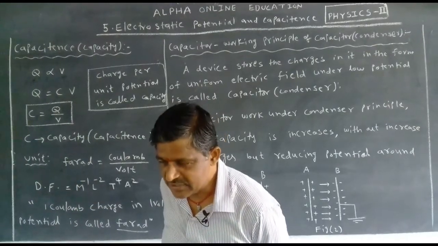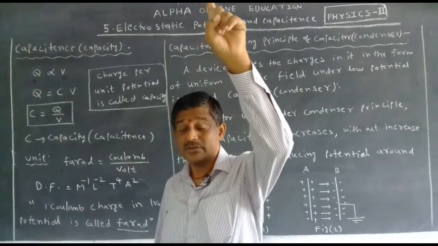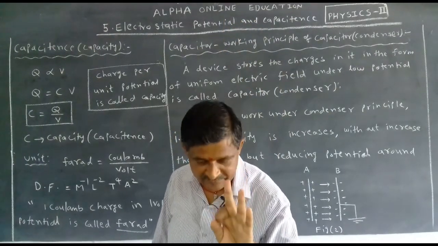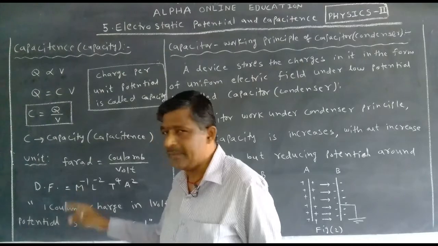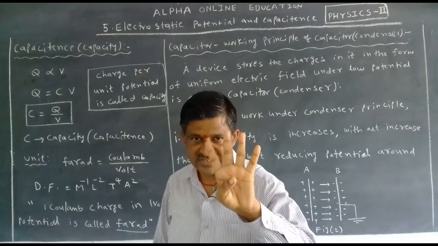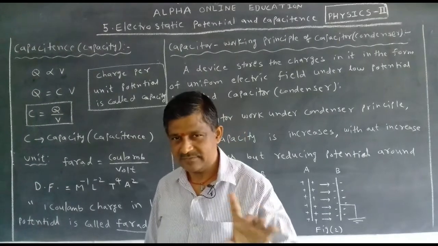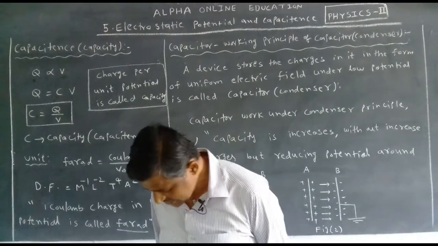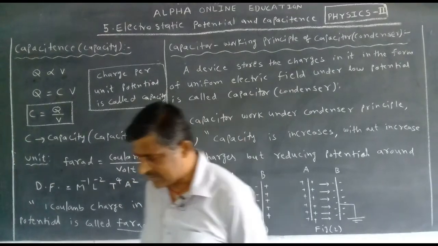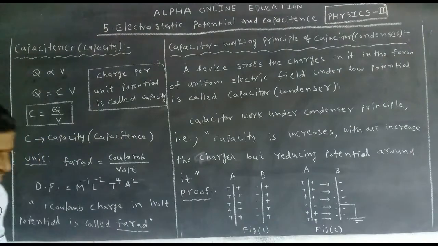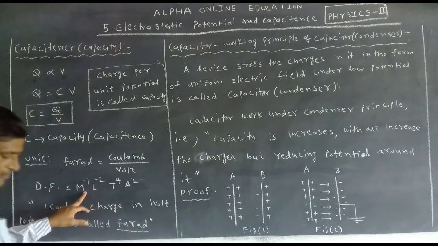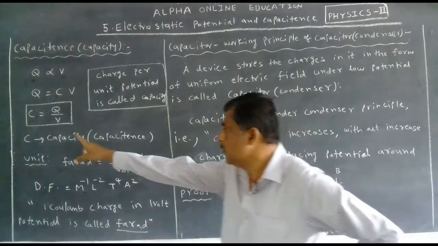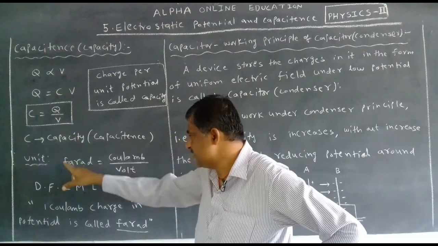Which physical quantities have negative mass dimensions? One is the universal gravitational constant capital G. Next one is permittivity. The next one is capacity. Totally 4 in our physics syllabus. 3 we have completed. The next one we will discuss in the 6th chapter. Okay. So the speciality of the dimensional formula of capacity is that the mass dimension is negative, M minus 1.